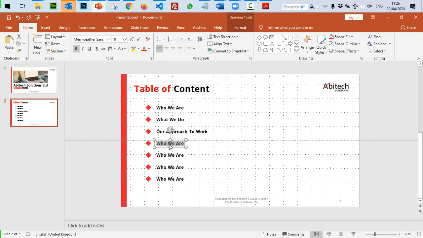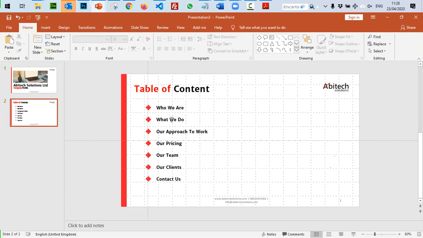Then our pricing, our team, our clients, and contact us. So this way, I have created a straightforward, simple table of content that will guide the remaining